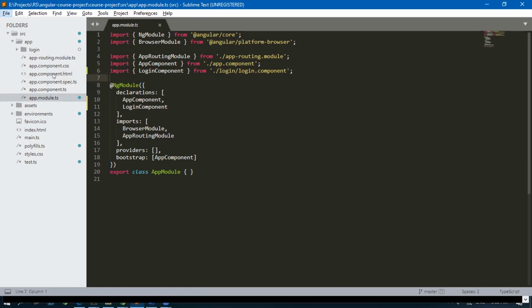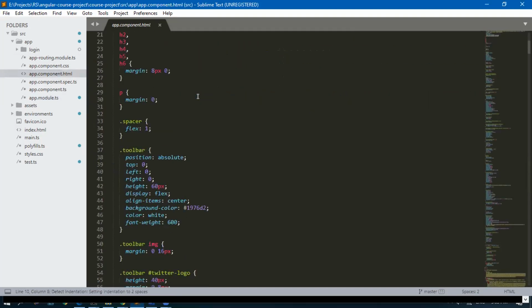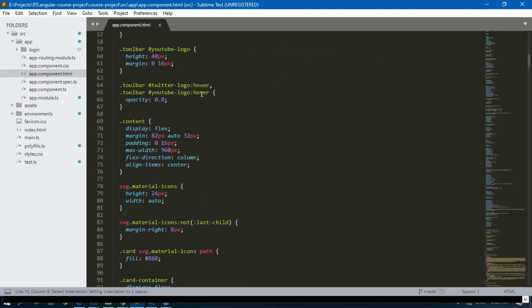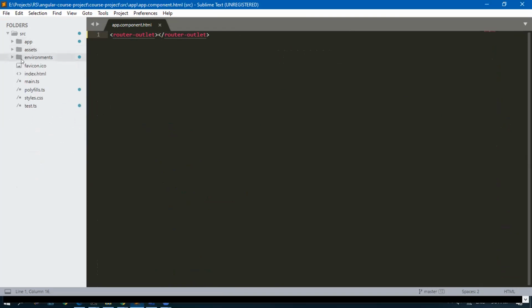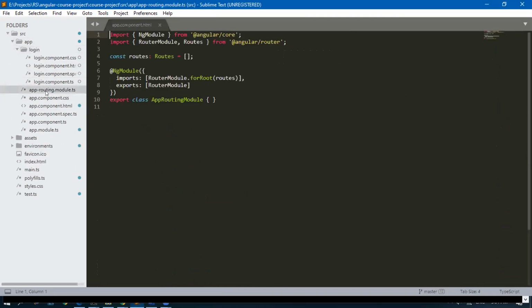Now, if I go to the app component, I have some default content. I will delete everything and include a router outlet. Then I will go to the app routing module.